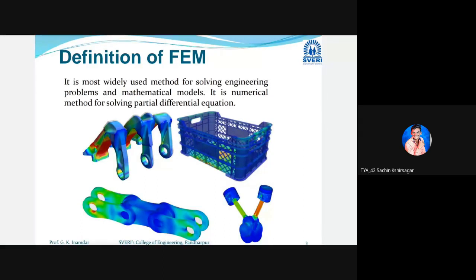Now suppose if you see here, the first image is showing the robotic arm or JCB arm, or the arm of any hydraulic machine. Now different colors are showing here. Blue color, red color, green color. Near about 7 colors are there. Which 7 colors? The 7 colors which are present in a rainbow.